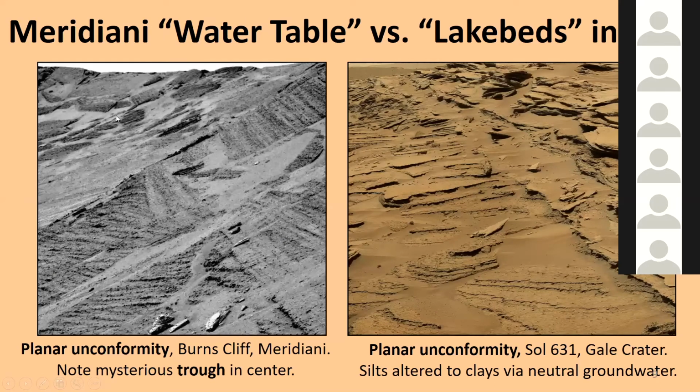A unique feature of high shear environments is planar erosion surfaces. The one at this site has appeared in all the textbooks, and they show this little trough here, but there's no discussion and no explanation. It's very hard to explain if this is the water table, which has been claimed, and the spherules, which allegedly form by groundwater, are just as common above the alleged water table as below, so you need some kind of a yo-yo water table. And you find identical planar bed forms at the bottom of what is claimed to be a lake in Gale Crater. The only difference between these sediments and these sediments, these are a little finer grained, and they're hydrated by groundwater,